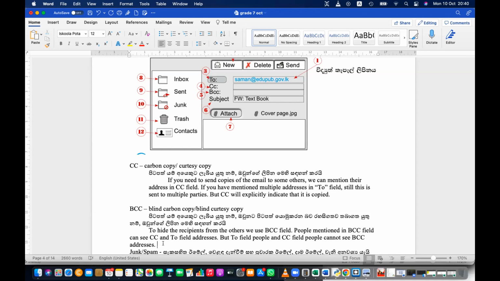So that is the nature. To send something secretly, we use this BCC.